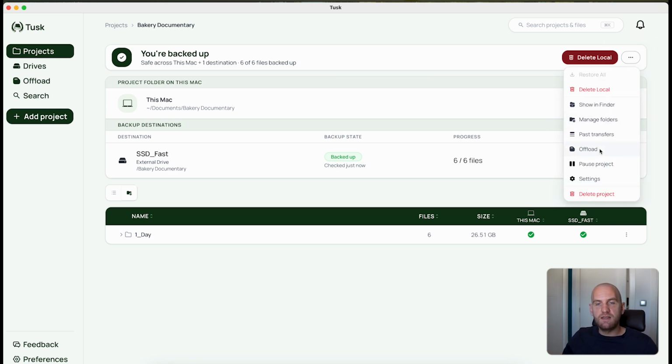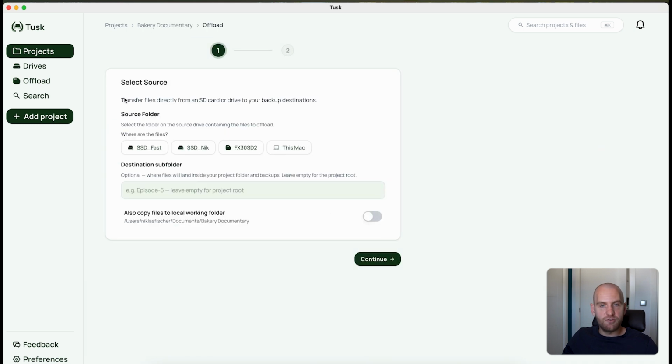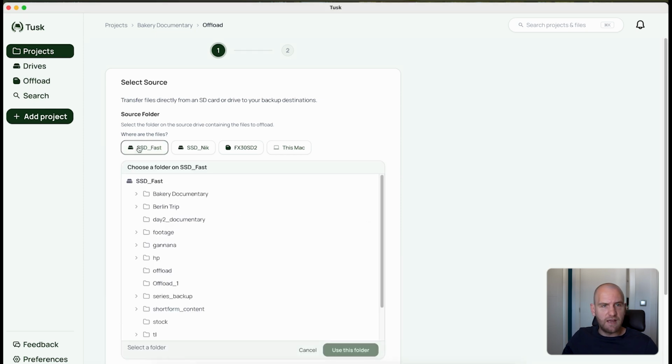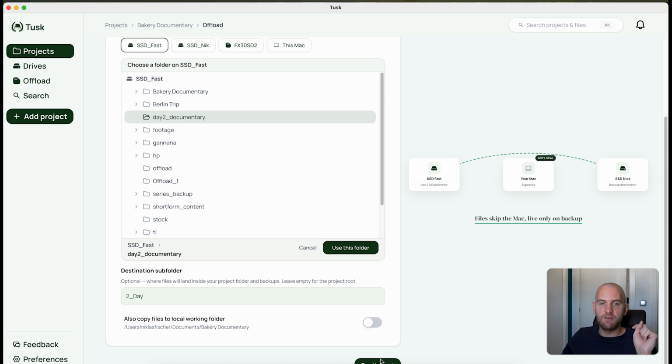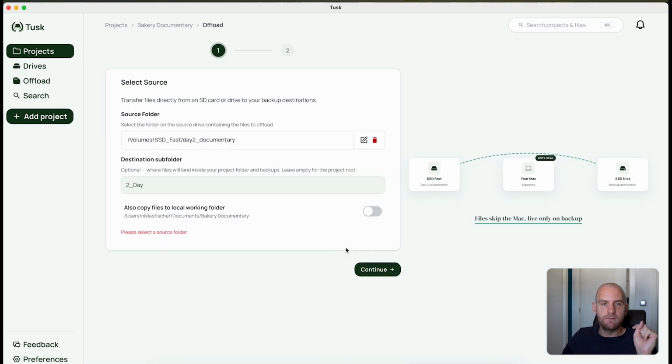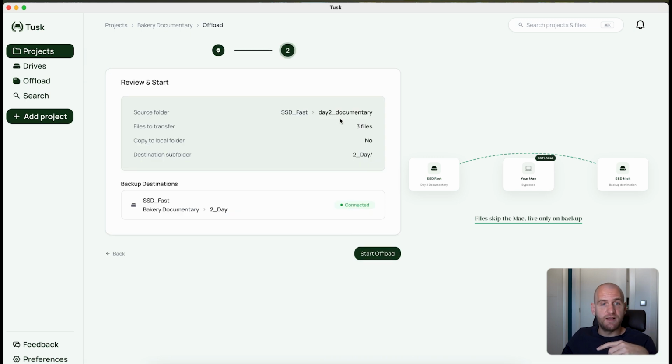So I'm going to say here, I'm going to offload into this project. In this case, I have prepared something on SSD fast called day 2 documentary. So SSD fast, day 2 documentary should go into the folder today in this project. And I'm also going to show you now, I'm not going to copy to the local working folder. Okay, so if I click continue, after saying I want to use this folder, it will tell me, okay, it's going to move to SSD fast